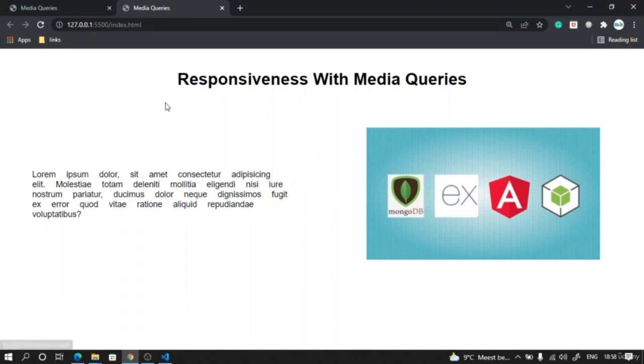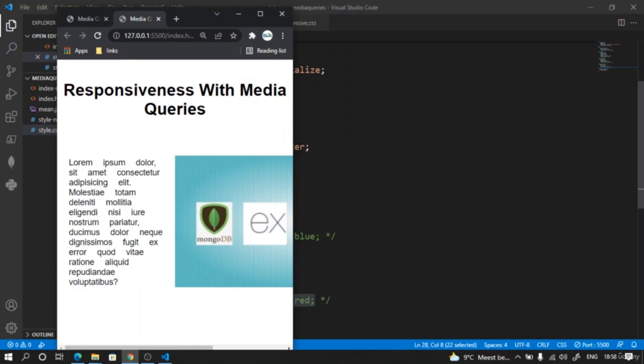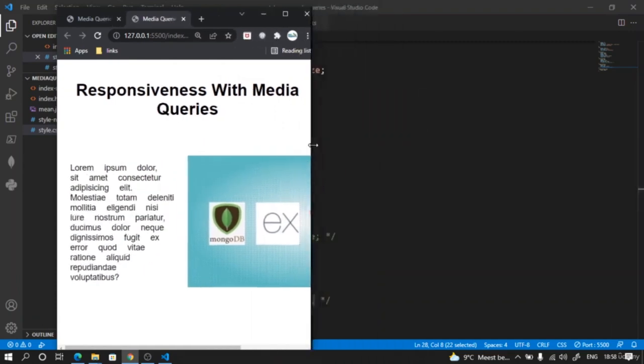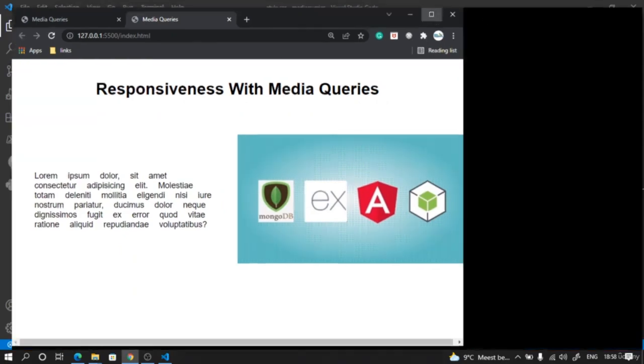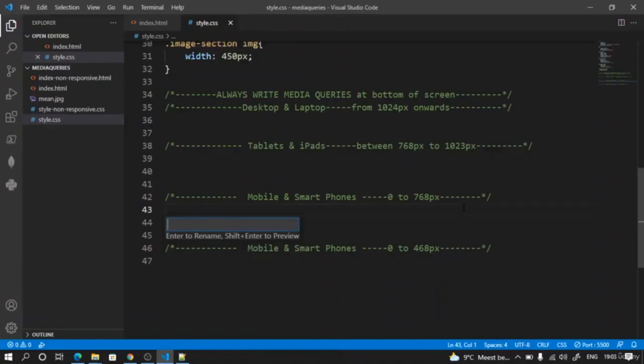Perfect. So we have achieved what we wanted to achieve in terms of non-responsive behavior. If I do this, now our website breaks because it's not responsive. So let's go ahead and try to make it responsive. Now we have to understand that we should write media queries always at the end or